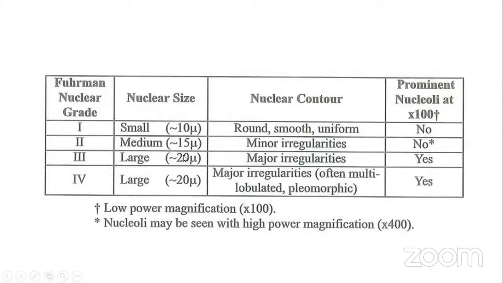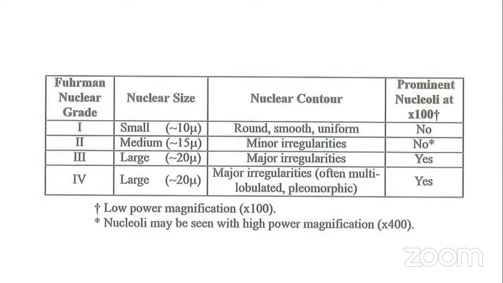Grade 3 is large with major irregularities, and at 100 times low power magnification, prominent nucleoli appear. Grade 4, as well as grade 3, shows prominent nucleoli at 100 times low power magnification. Nucleoli may also be seen with high power magnification of 400 times. So this is known as Fuhrman